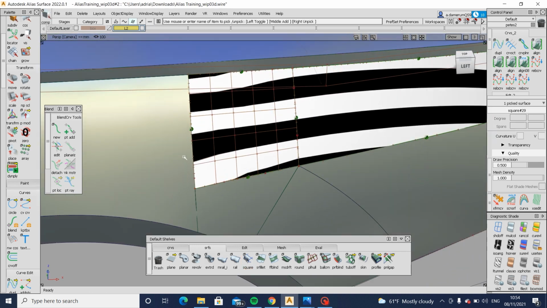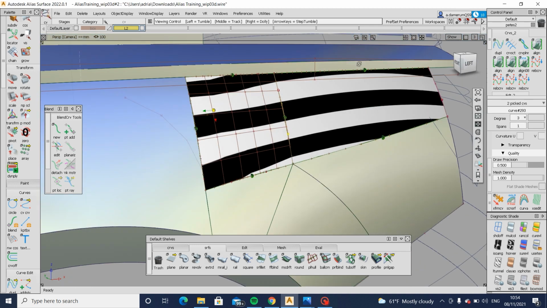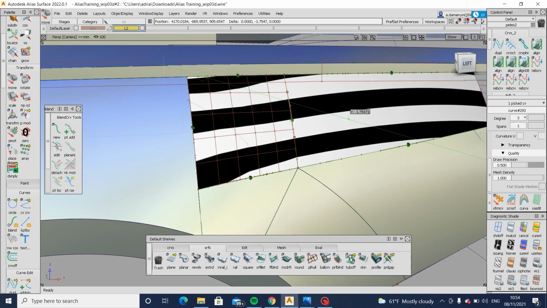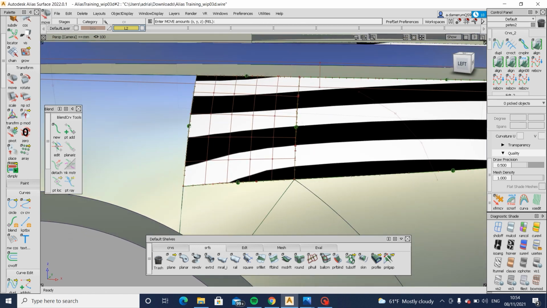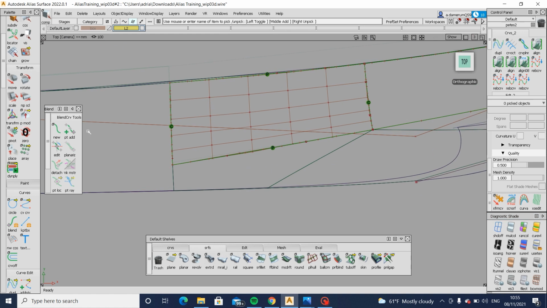So that would be a case of tweaking this surface again and this surface. Probably need to, let's try just tweaking those curves first. It's not that great. Try the top CV for the curve. That's a bit better already. Let's have a look at the CV layout from top view. Similar, but yeah, maybe we pull this in a bit,